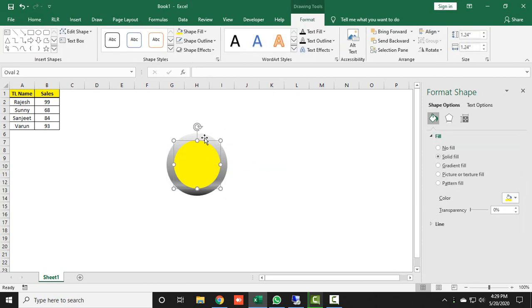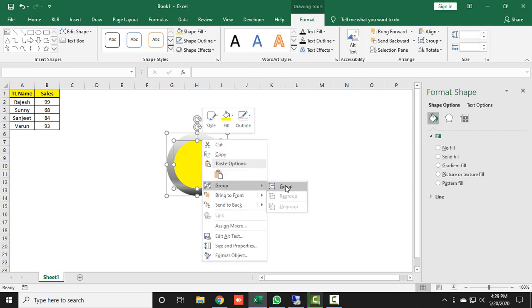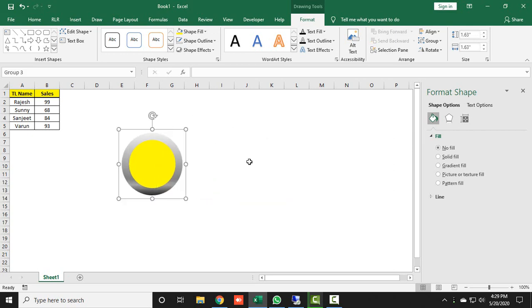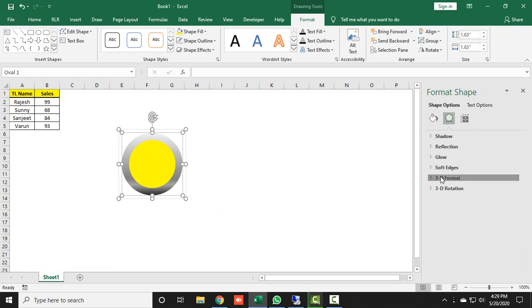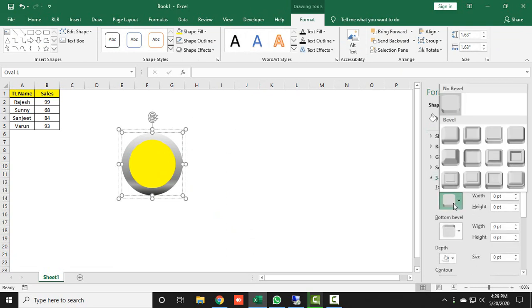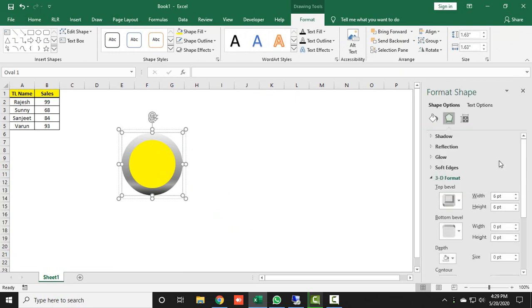I will select both ovals, right click on them and group them. Now double click on your outer oval, go to Effects, expand 3D Format, click on Top Bevel and select this one, which is convex.